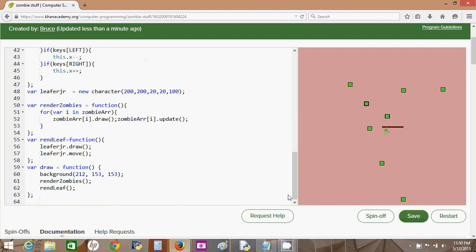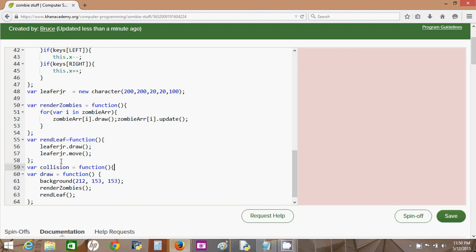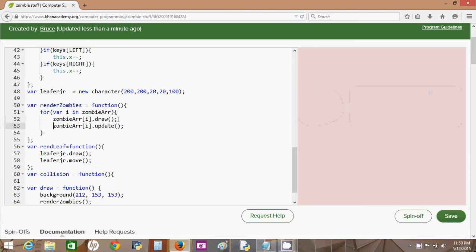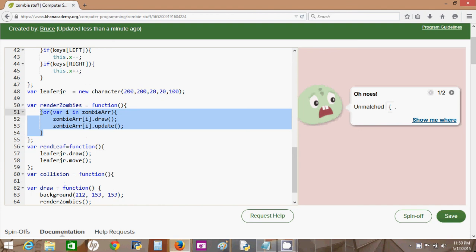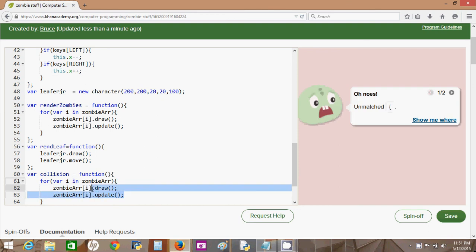So we'll start out by naming a function. And we're going to have to loop over everything. We're going to have to look at the position of every single zombie, not draw them, but